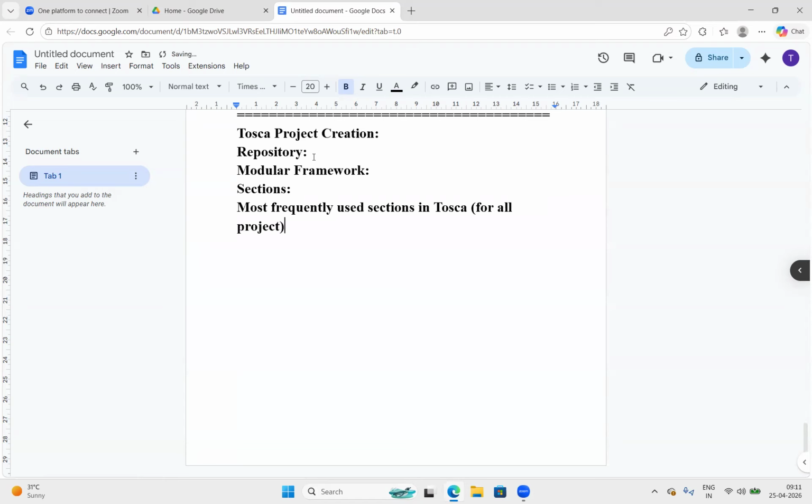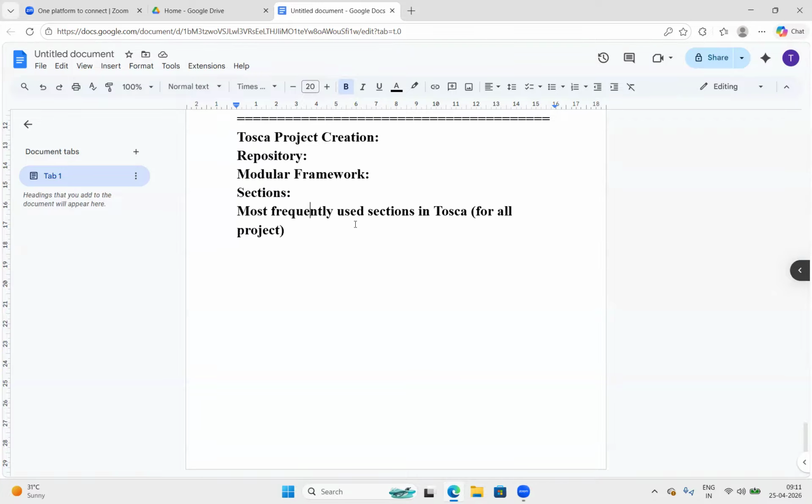If you are working on any kind of project, what sections are you going to use most frequently? We will work with and understand those points. This is completely today's agenda, team. Okay, so let us go with the first point, Tosca project creation.